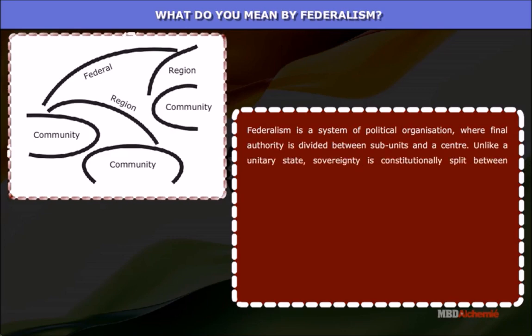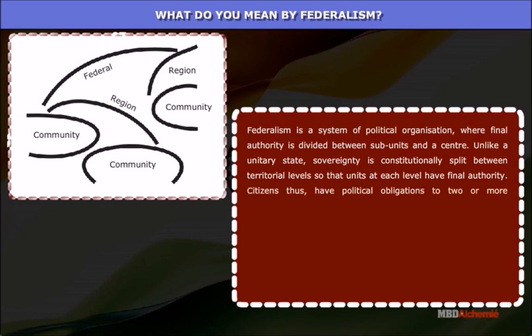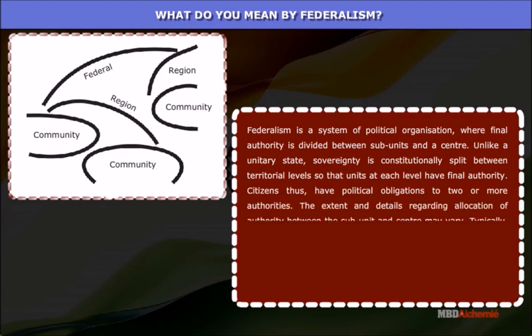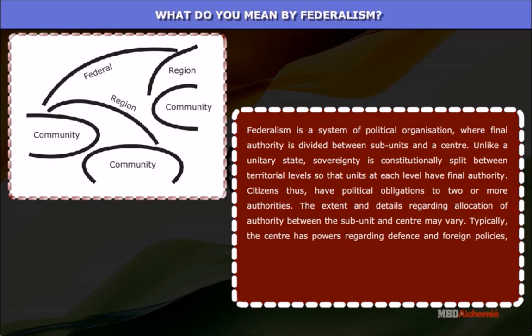Unlike a unitary state, sovereignty is constitutionally split between territorial levels so that units at each level have final authority. Citizens thus have political obligations to two or more authorities. The extent and details regarding allocation of authority between the subunit and center may vary. Typically, the center has powers regarding defense and foreign policies, while subunits have powers over law and order, development and